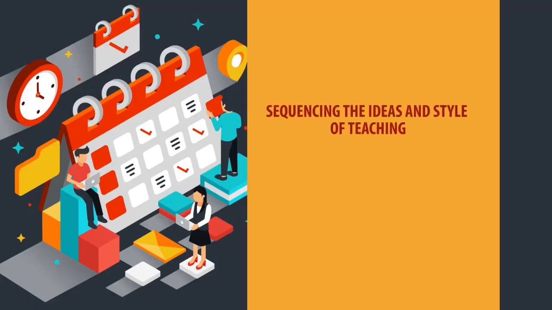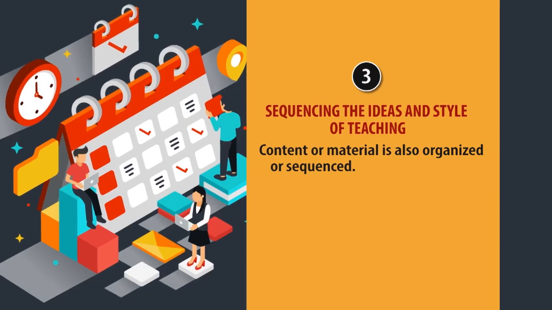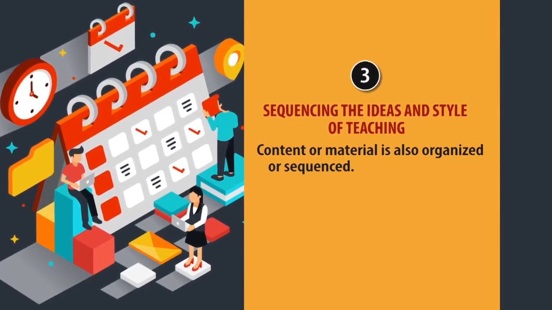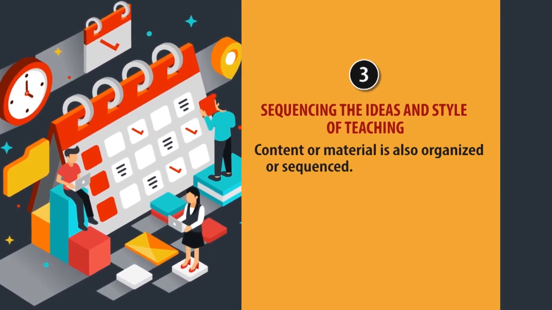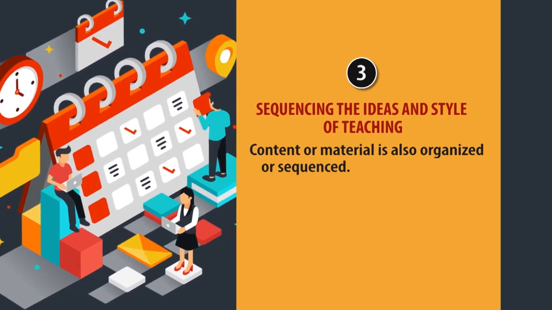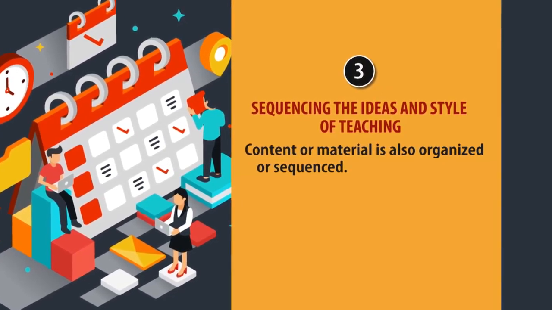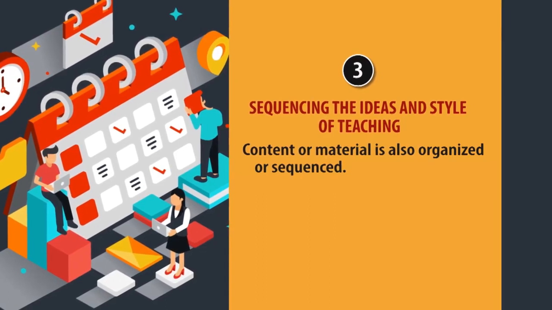of teacher planning. The third operation in the preactive phase is sequencing the ideas and style of teaching. This phase gains significance because by now I have all the content and material required for accomplishing the instructional objectives which I set for a particular class. So once I have all the content and learning experiences with me, what I need to do